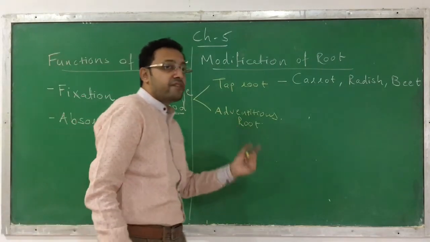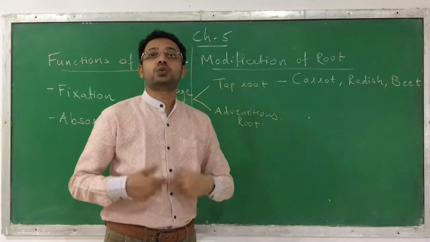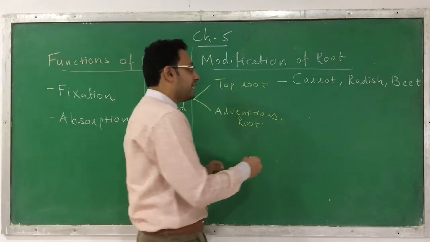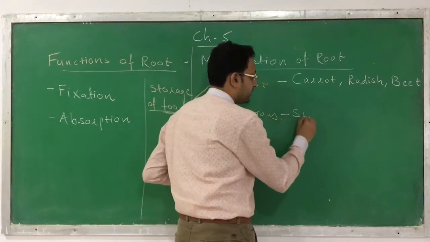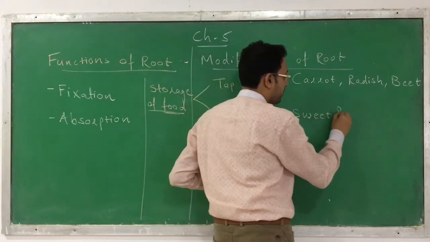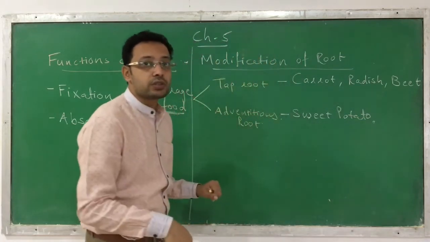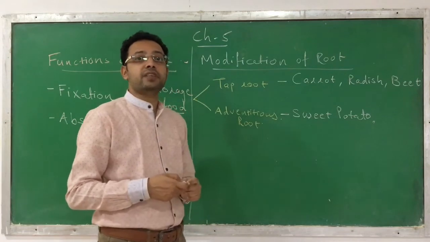Similarly, in a few plants, the adventitious root is also modified to do the same. Means it can also store food. And here the examples are, the first example, sweet potato. In sweet potato, the food is stored in its root, and it is an example of adventitious root for storage